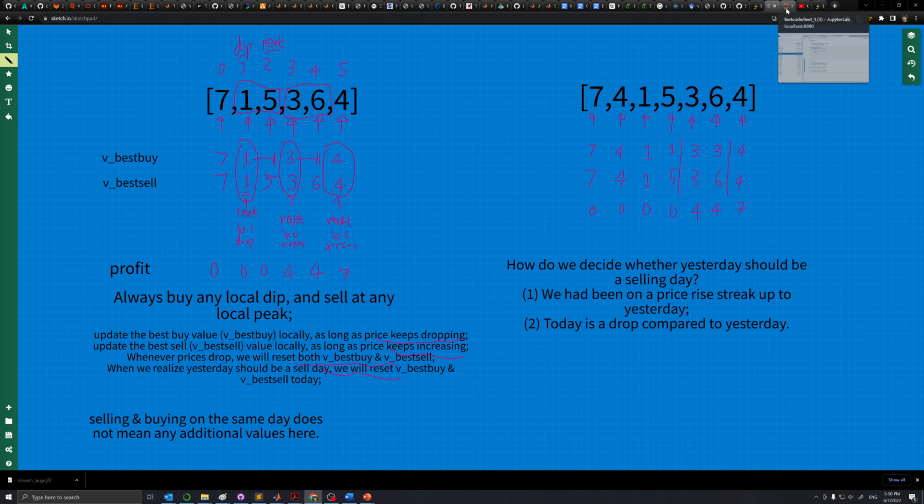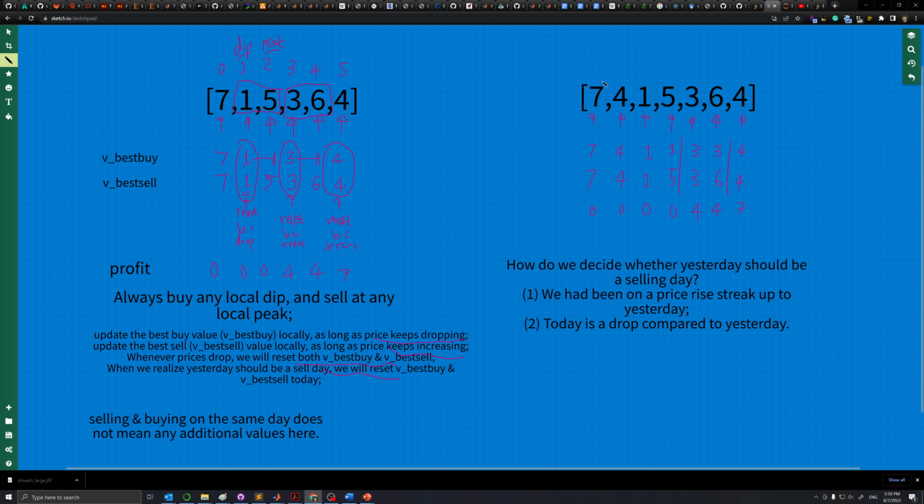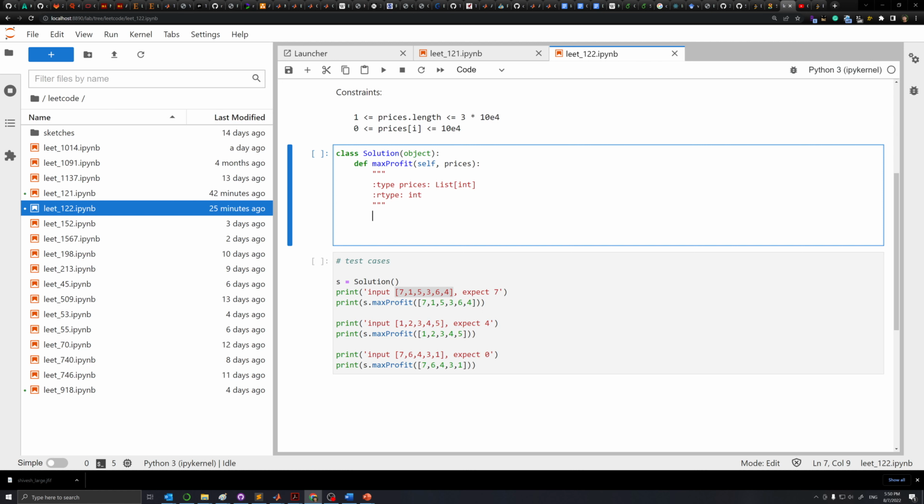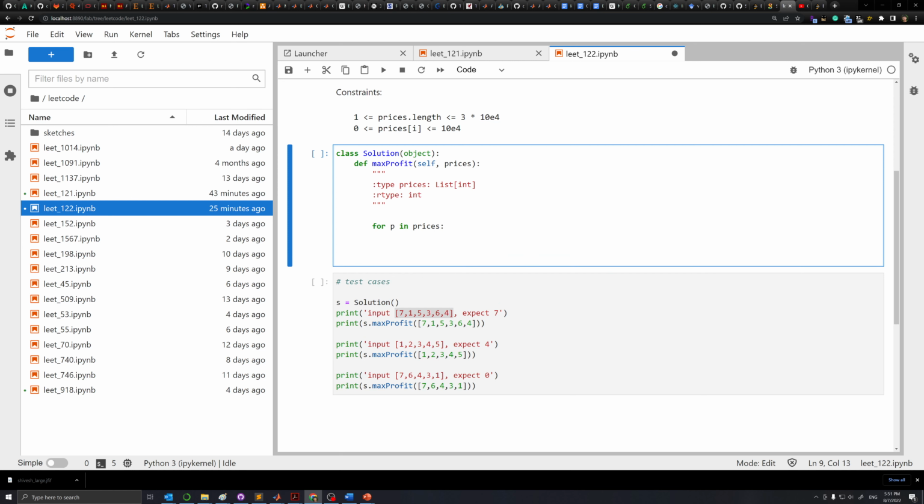Now let's just get into code and try to see if I could code it. So we're again walking from left to right, and I think we still have O(n) in terms of time complexity and O(1) in terms of space complexity. And what we do is that we again use a for loop. We're going to use p in prices to walk through day by day, and we need to initialize v best buy as